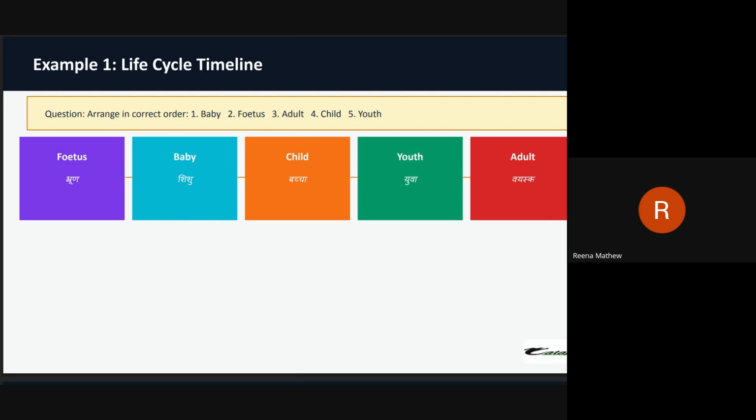order. So in this, now I'm going to use the three tenses we learned right now to make sentences. Okay, so you can say the fetus developed into a baby. That is a sentence using past tense. The fetus developed into a baby. You can move to the next slide.